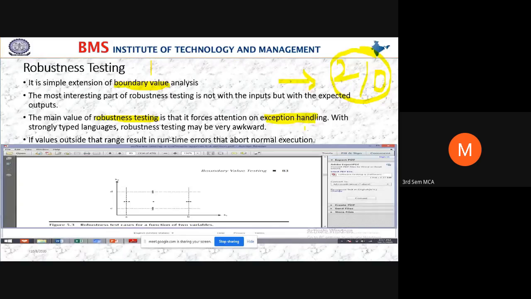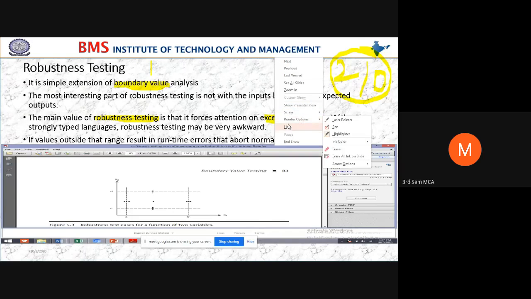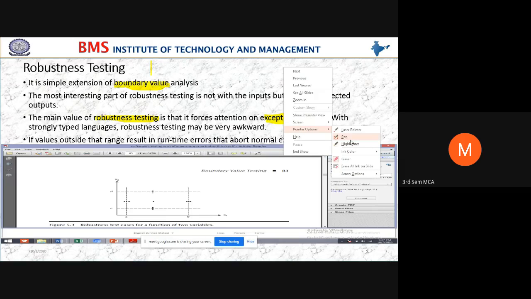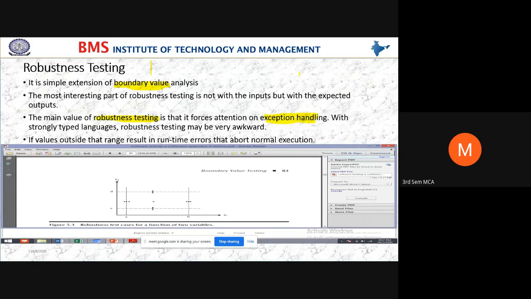And if the value is outside the range, that results in a runtime error that interrupts the normal execution. Yes, students, one more example I'll give. What is an array?